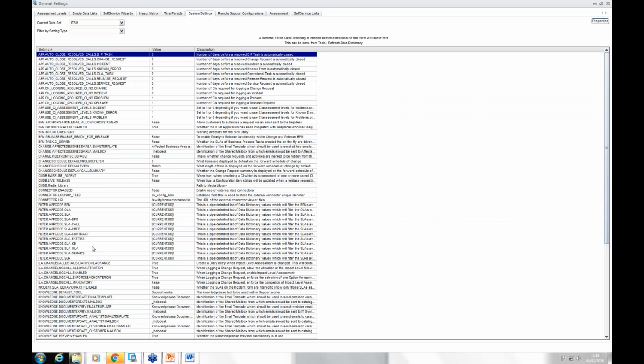So the idea of these is that we're trying to get a lot of the data dictionary settings associated to the database so that we can quite happily go and upgrade our systems and it will continue to remember the settings that we've associated for it. So things like down here. We can tell the system in here to go and automatically resolve my closed incidents after